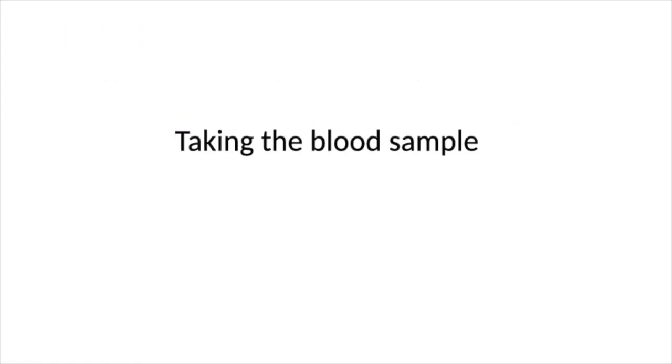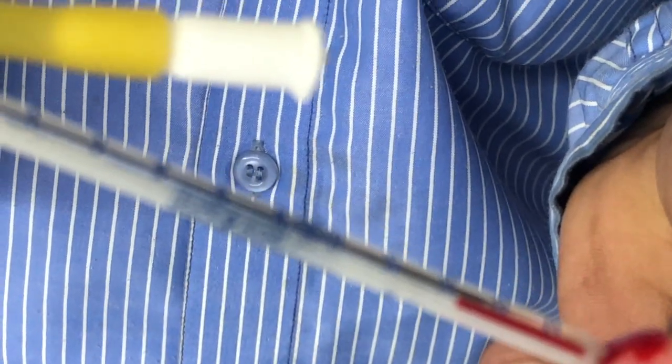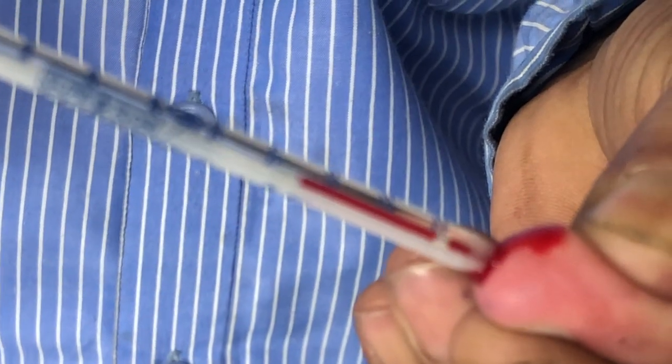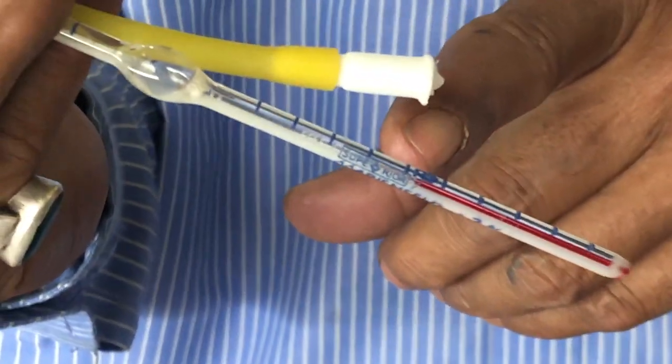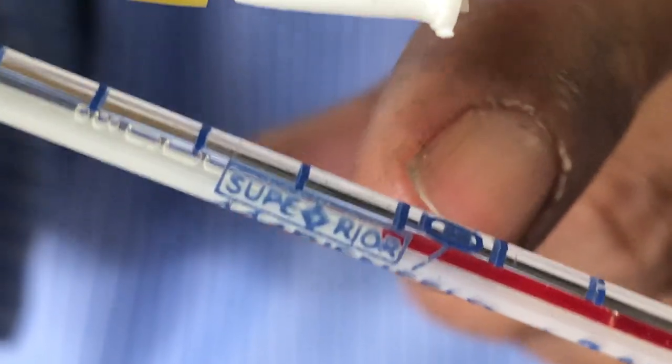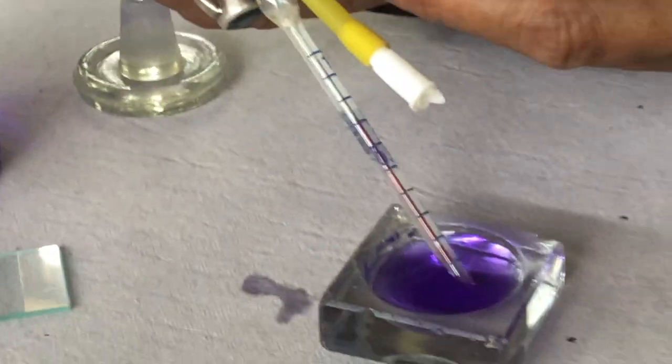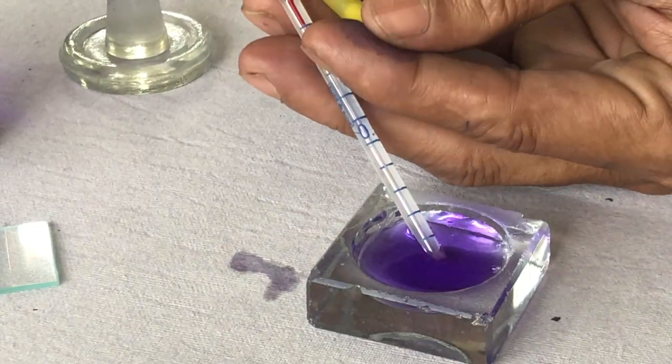Taking the blood sample for the test. There is a separate video on how to prick the finger. We can prick the finger and take the sample directly into the pipette using negative pressure. Ensure that there is a free flow of blood from the prick site and there is no air bubble coming into the pipette. Take the sample up to the 0.5 mark, and then the Turk solution is to be sucked again using the negative pressure up to mark 11.